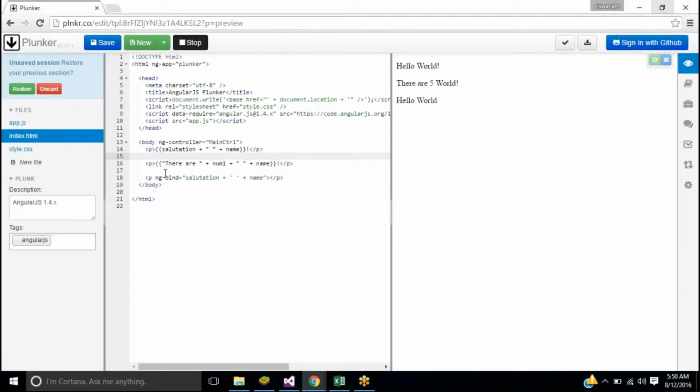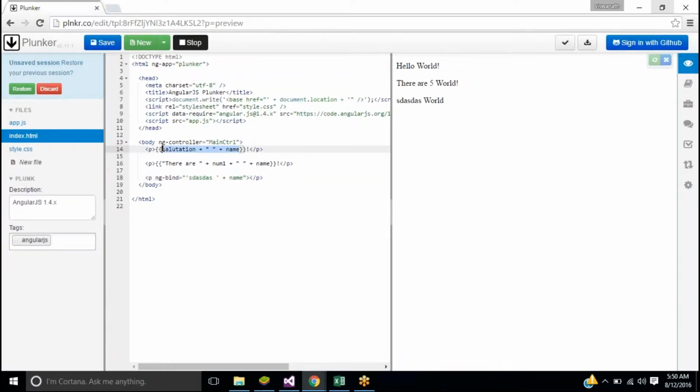So these are alternatives. You can write any expression either with this or with ng-bind, and things will work. For example, I want to do a normal string operation, and I should be able to do it. These two can be used interchangeably based on whatever you like.